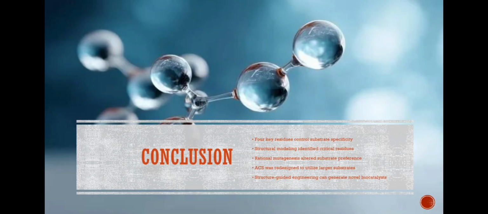So, at the last, in the conclusion, I would say that the researchers successfully altered the ACS substrate specificity through rational mutagenesis of residues involved in substrate recognition, and demonstrated that modifying these residues can dramatically change the enzyme activity. The most successful mutant redirected the ACS towards larger straight-chain and branched-chain carboxylates. Overall, I think this study highlights the power of structure-guided enzyme engineering and its potential application in biotechnology